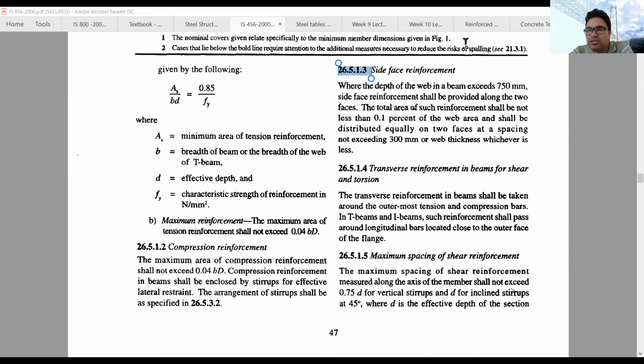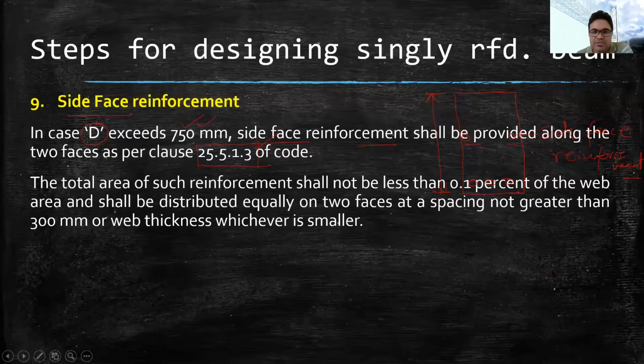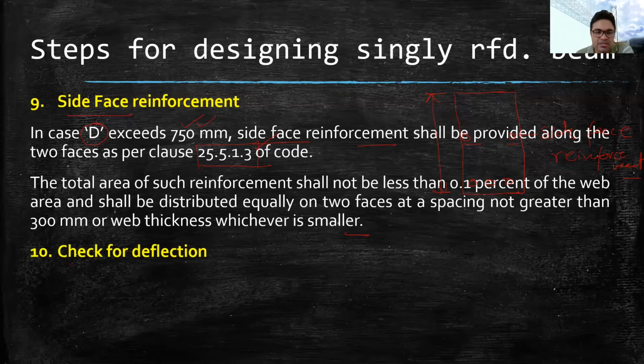So now moving to the same statement I have written here, so you can read that. The next step is checking the beam for the deflection. Well, I'm again making the beam. Say this is the beam and this is the support.